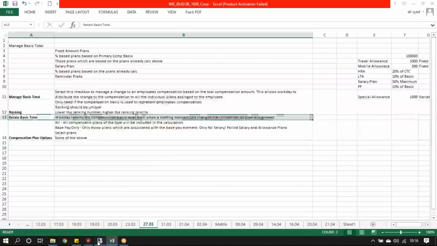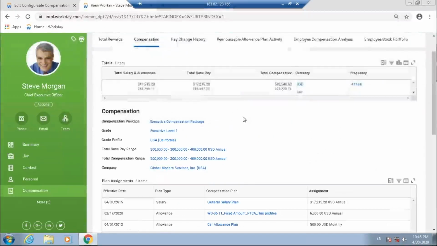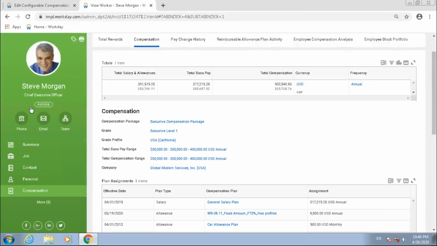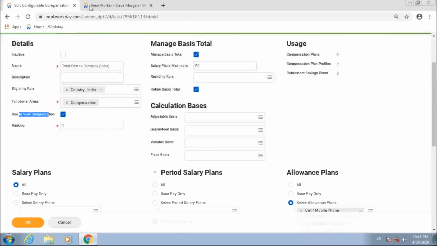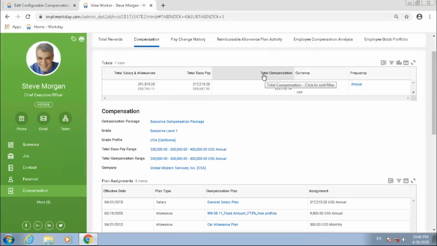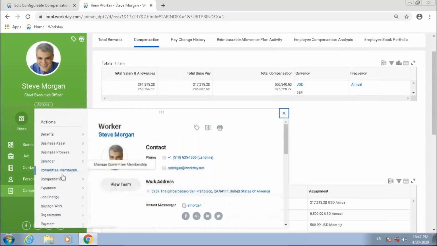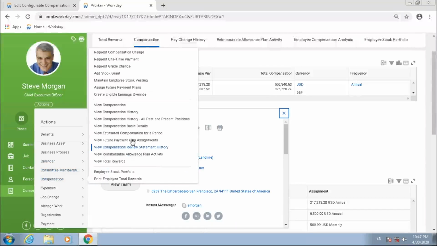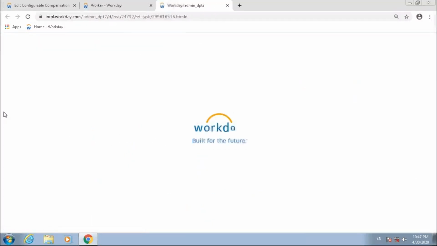I see that this employee has been assigned the primary compensation basis of total compensation. If I go to the additional actions and then to compensation and view compensation basis details,